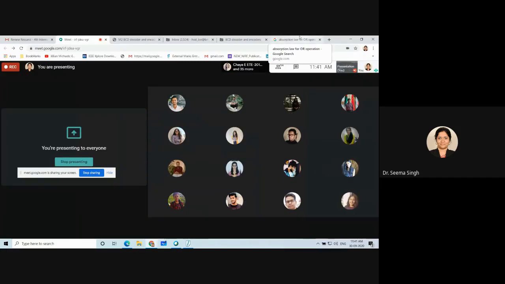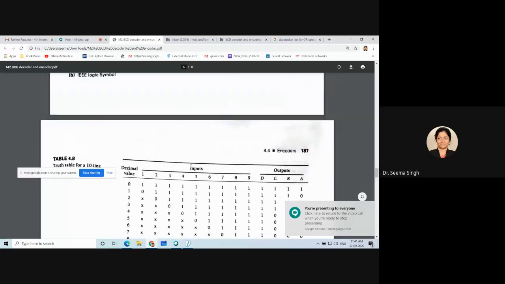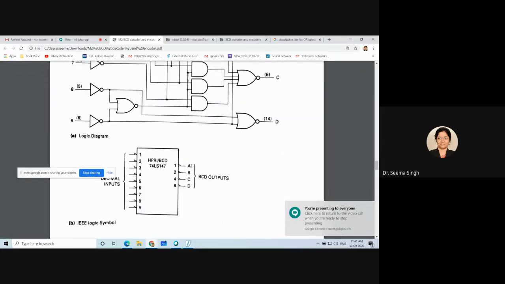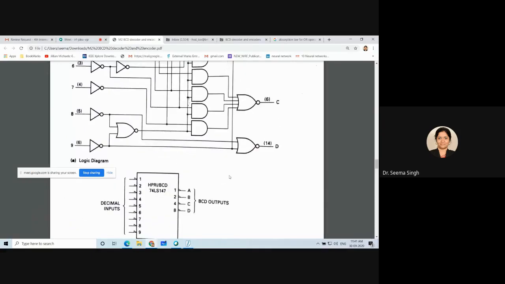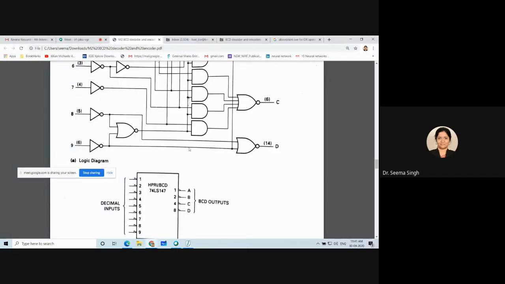So I will show you this one again back. You have the equation with you, right? Now you can see, because in each equation you had D8 bar plus D9 bar. Can you see? For the D equation, what is required? D8 plus D9 bar dot D9, right? So the same thing you will see in this circuit now. I hope you people understand that a NOR will take care of the term that we want.